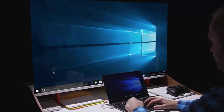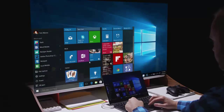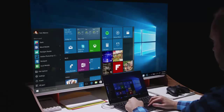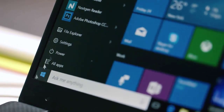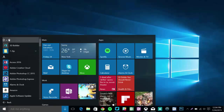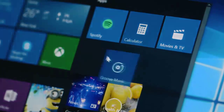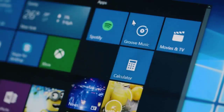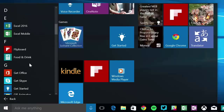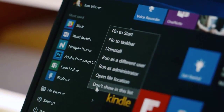Right now, Windows 10 is mostly about fixing the mess that Microsoft created with Windows 8. One of the first signs of that is the return of the start menu you know and love. It's not just the regular one from Windows 7. Instead, Microsoft has combined the best aspects of the last two versions of Windows to create a redesigned start menu. The live tiles from Windows 8 remain, but you're no longer booted into an entirely different full-screen interface. There's a traditional list of apps, easy access to power options and settings, and the ability to resize the menu